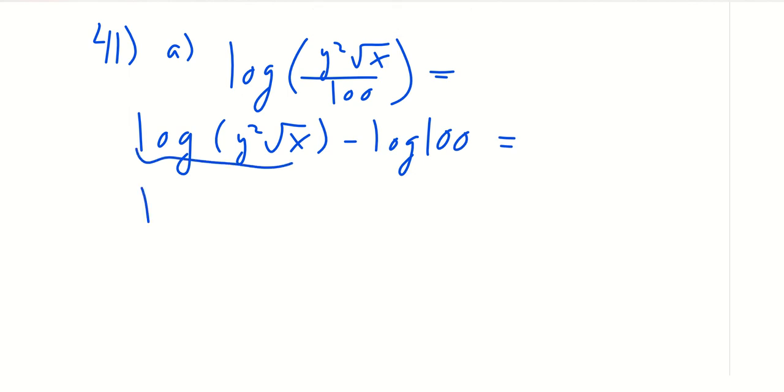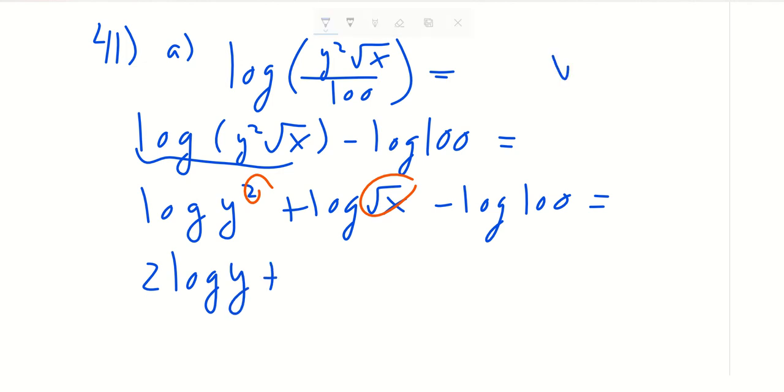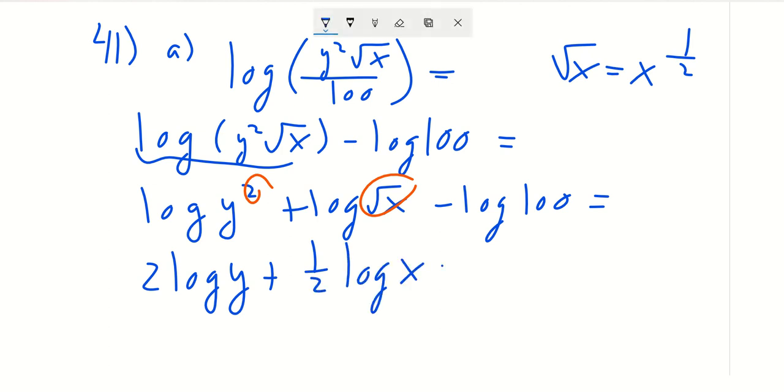This first term is a product, so we can use the product rule to split that apart. This is log y squared plus log square root of x minus log of 100. We can next use the power rule to bring these exponents down in front. This is going to be 2 log of y plus, remember, the square root of x is the same thing as x to the 1/2 power. So this is going to be 1/2 log x minus,